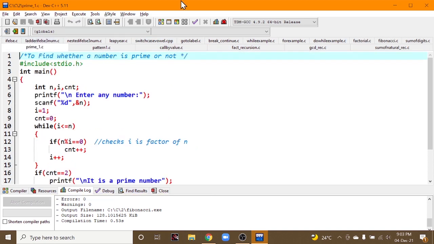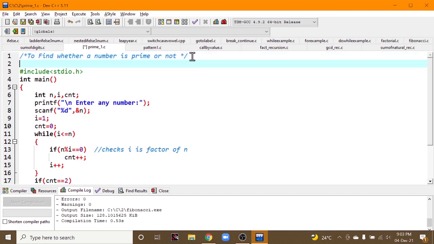Let us look into another kind of program, a prime number program, to check whether a number is prime or not. So first you need to know what a prime number is, right? I hope everyone knows, but I am just briefly discussing the logic.